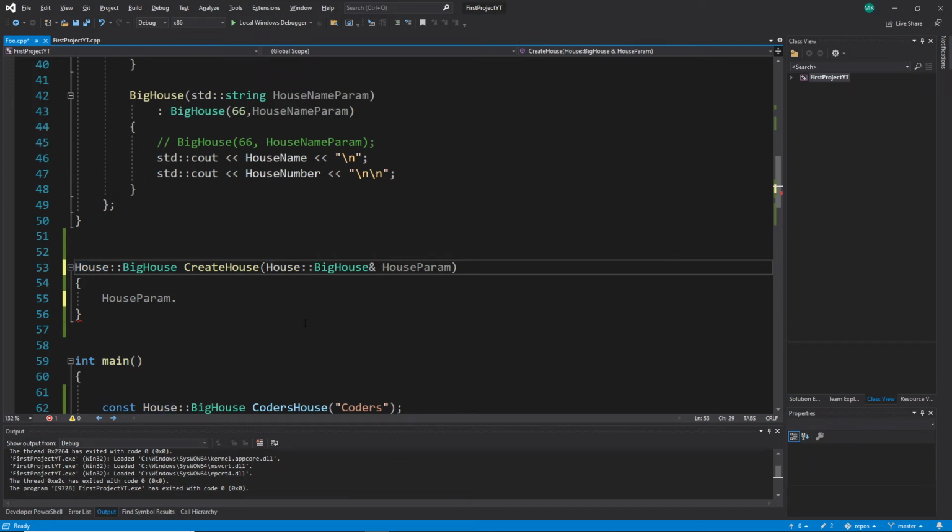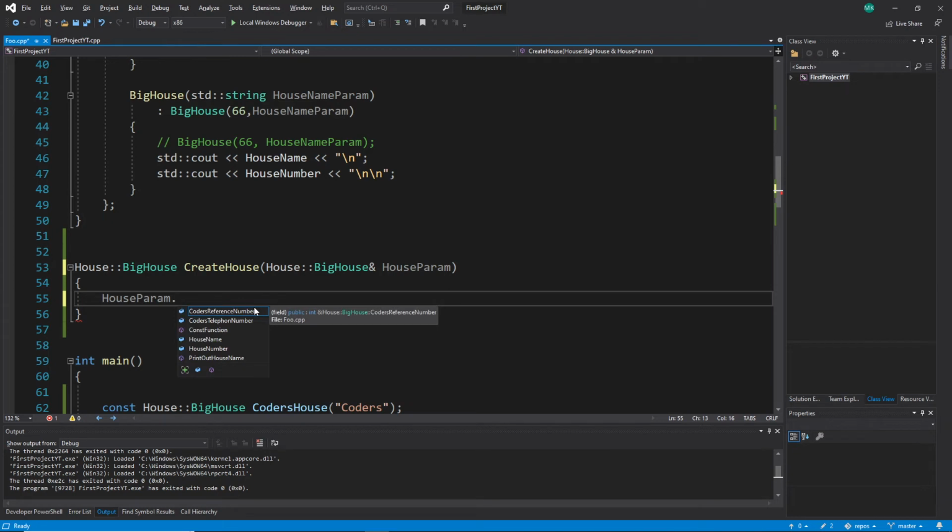And this is the thing we have to learn as well in training. Here, the problem is you are now able to change the function. And that's what they don't want most of the time. They want to avoid this because now you could call this print out house name. And with this one here, you are actually changing